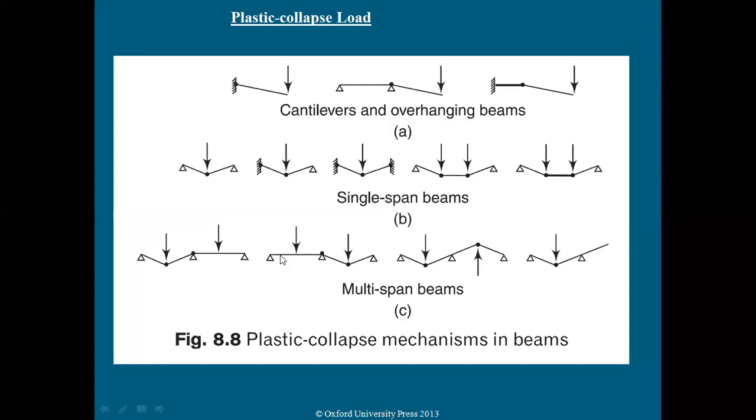That's the reason why understanding the mechanism of particular beams is very difficult. You need to go through a number of examples, then only you will be able to understand where the plastic hinges form in the different types of beams. In short beams especially, this collapse load and plastic mechanism majorly take place. That is why we are talking about plastic collapse mechanism, particularly for the short beams.